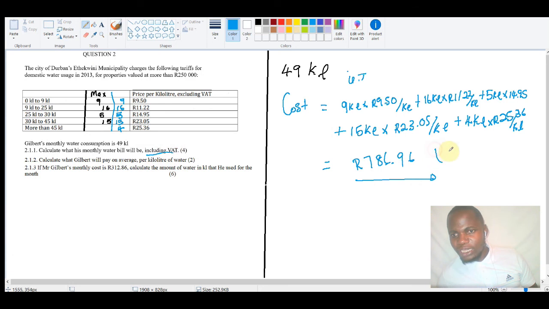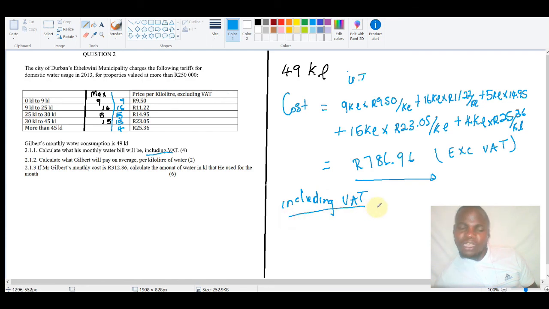So this price excludes VAT, because your tariff table said excluding VAT. The prices in your tariff table exclude VAT. So this means that this is the cost excluding your VAT. So now you say including VAT. Now what is our VAT? Our VAT rate currently is 15%. So that means you take your price 786.96 times